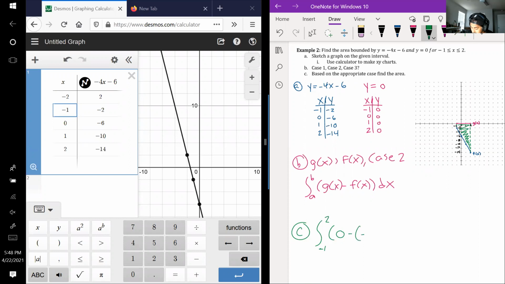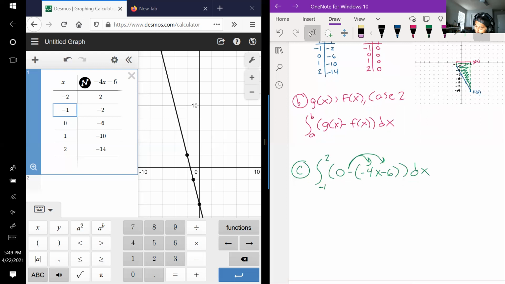So parentheses, negative 4x minus 6 dx. And the reason for that is this negative has to distribute. Okay. So clean it up, and we're left with the integral from negative 1 to 2 of 4x plus 6